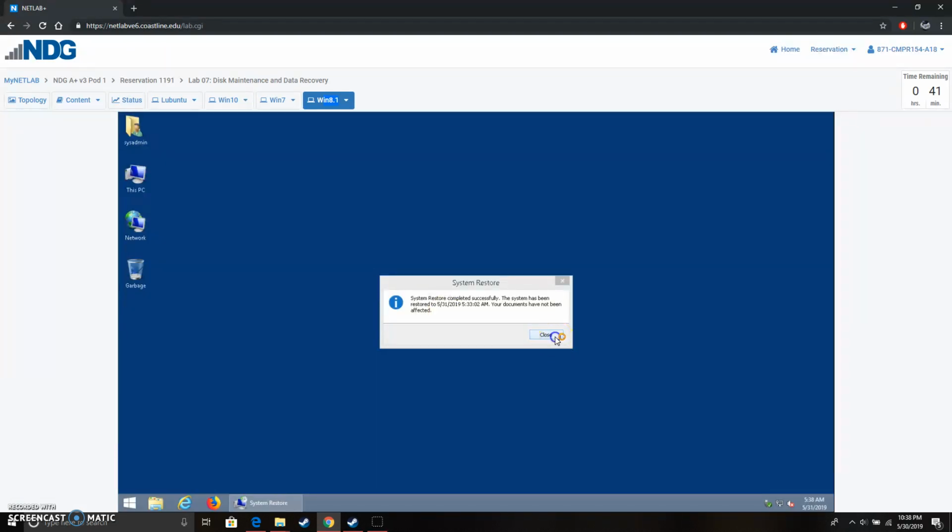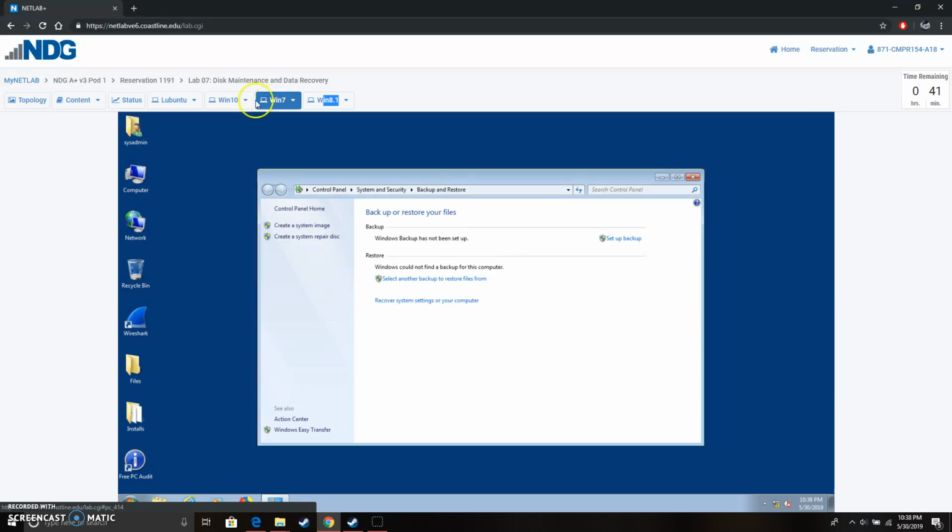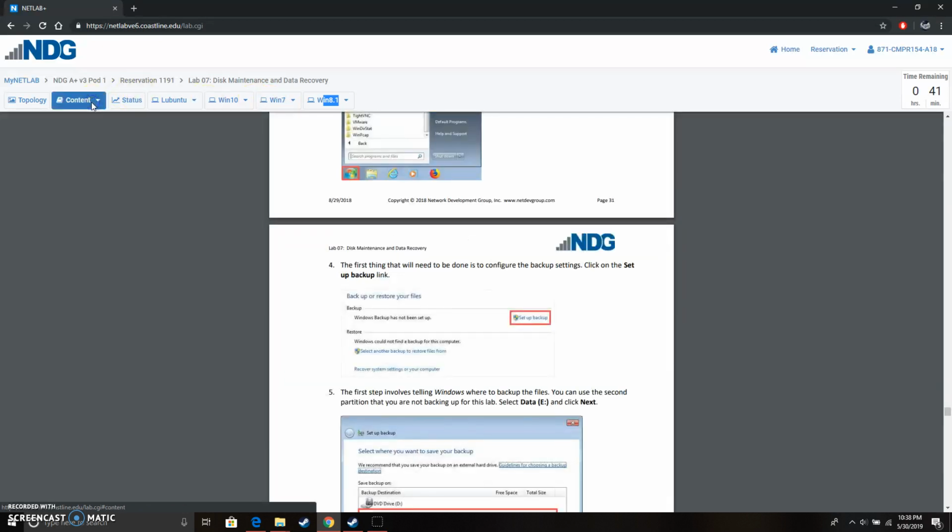And as you can clearly see, an image of what the computer once was. Instead of my desktop background being an ugly orange, it is now a beautiful, eye-piercing blue. So it's more of just a reset button, if anything, to a previous image of the computer, of the operating system. So now we're going to